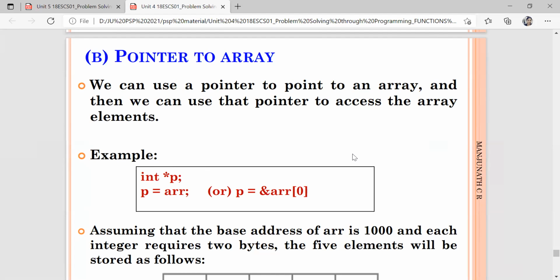The pointer will be used to store the starting address of the array. If the array length is 10, 10 continuous memory locations will be allotted to store all 10 elements. The starting address will be stored in the pointer. Through that, by incrementing the pointer position, we can access the next successive elements.